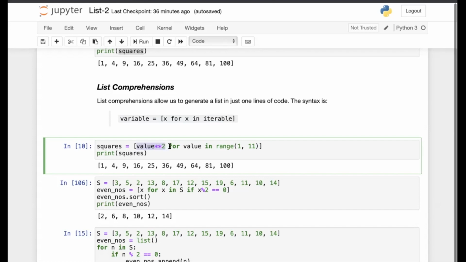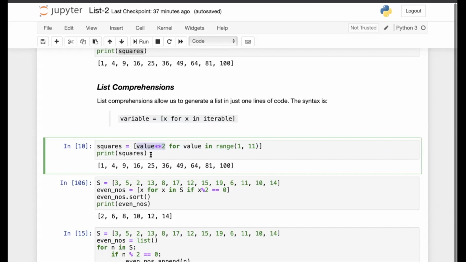That would be by iterating over this iterable: for value in range 1 to 11. So these are the values that this variable would take, and based on that you would calculate its exponentiation, and this will give you the items in this list.